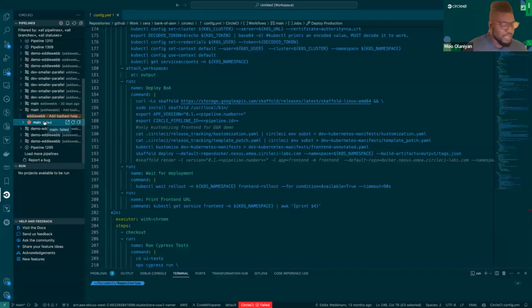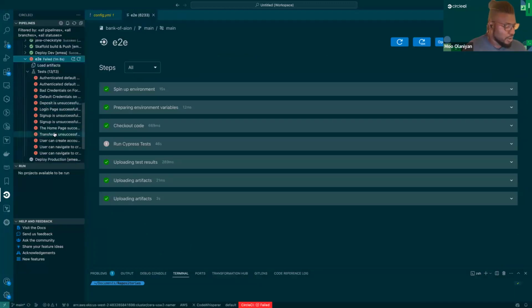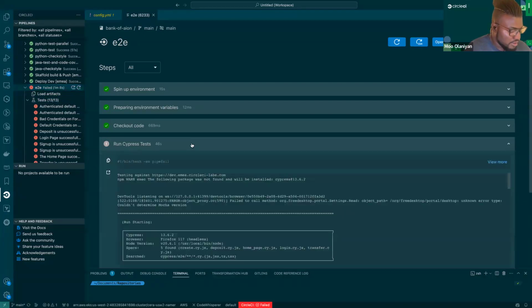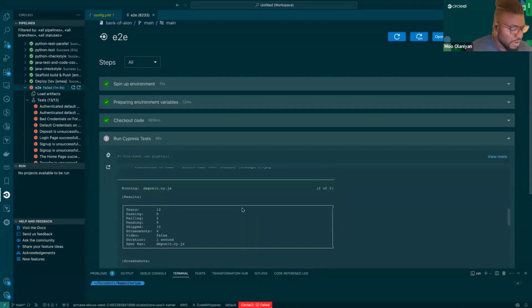And so, we can be like, oh, why did it fail? Click into it and it goes, oh, look at that, your end-to-end tests, right? There's a failure in there. Without going into the UI on the web, I'm still staying in my IDE here, where I'm doing all of my work. I can click into this, right? And all of a sudden I get a whole bunch of information about what happened, right? You can see that all of my tests failed, right? So whatever I did was not working. And you can see, if I hop here, exactly what the output was for these Cypress tests that failed, right?